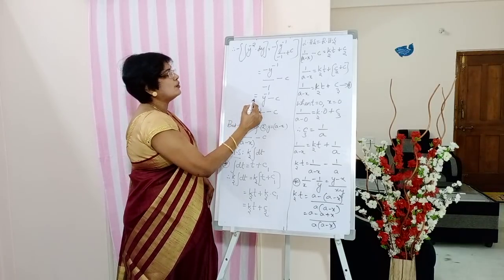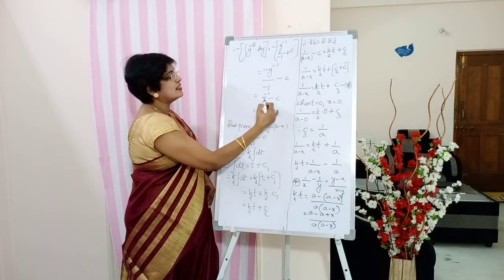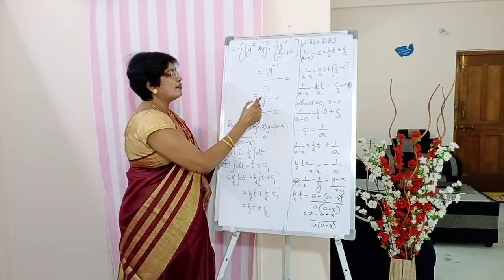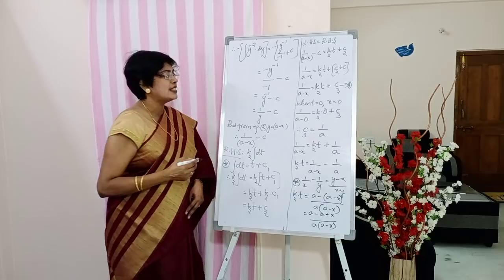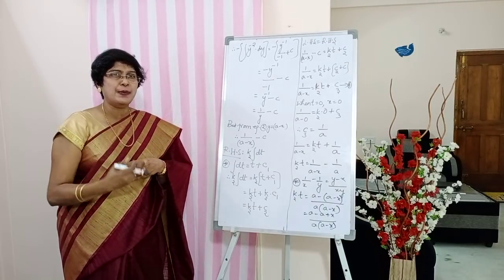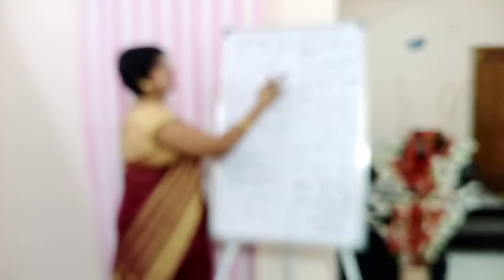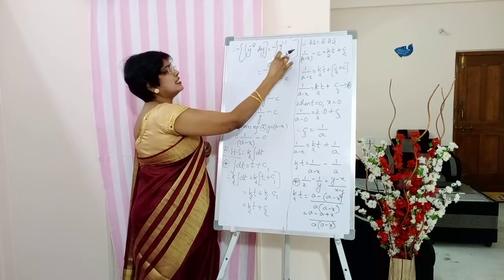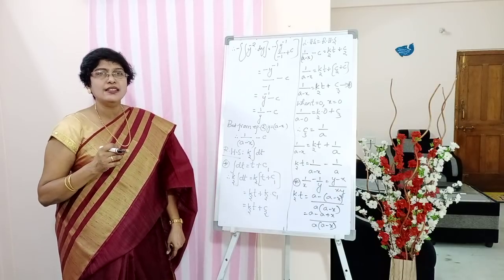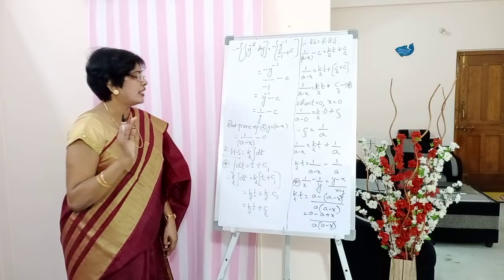So it is equal to y to the power minus 1 minus c, since minus minus gets cancelled. So here y to the power minus 1 can be written as 1 by y minus c, students. Again I am repeating these steps. Please change it. It is not positive y, because minus into plus is a minus. Changed it now.